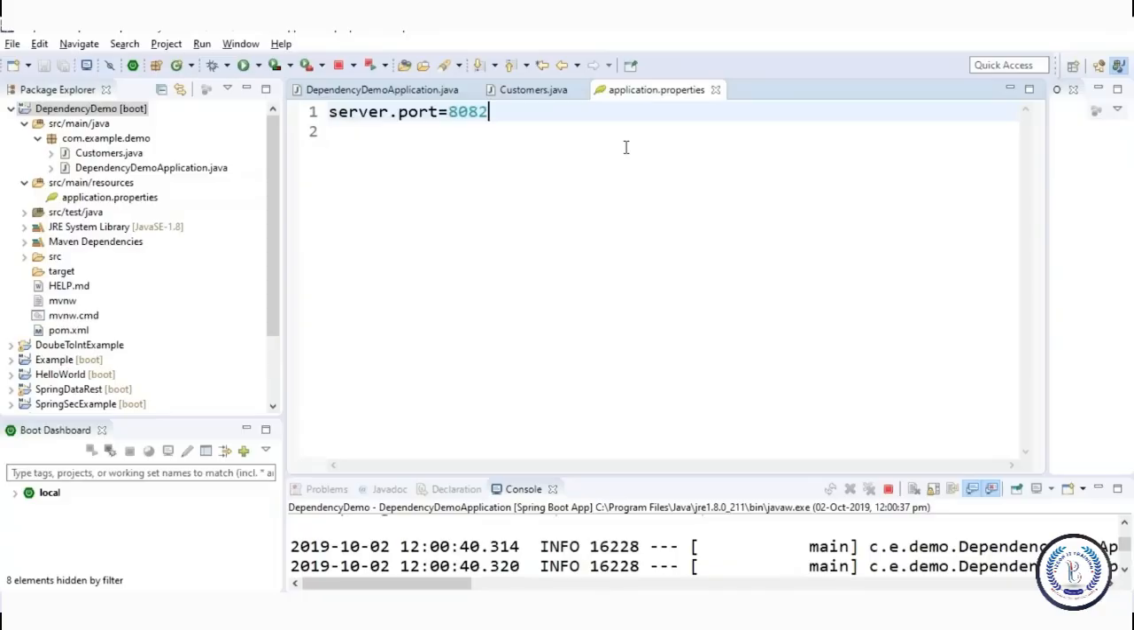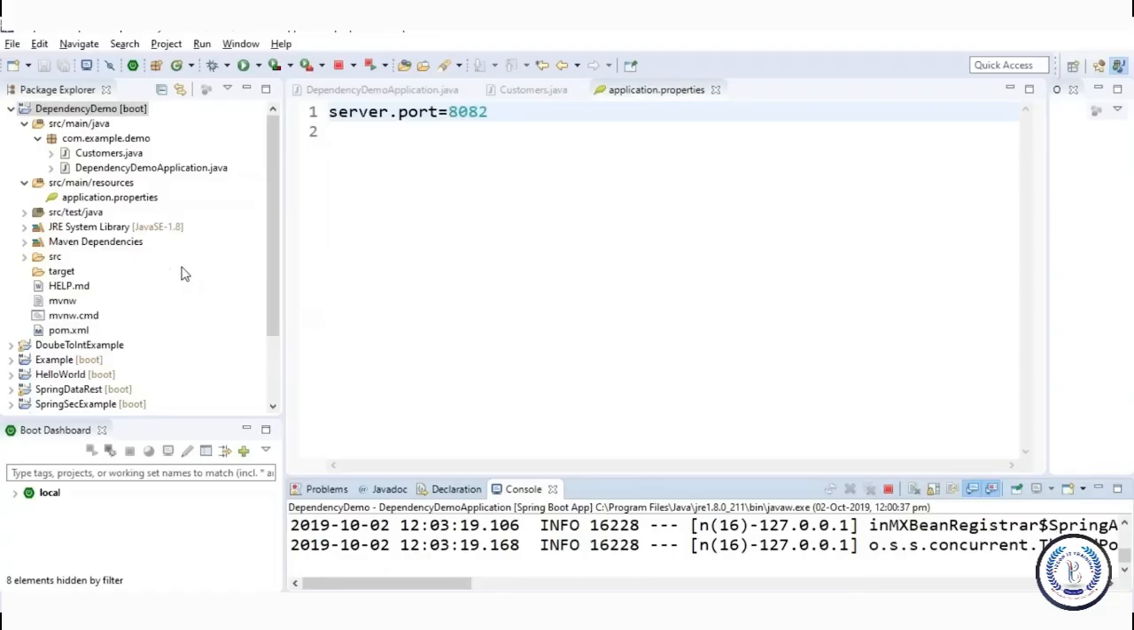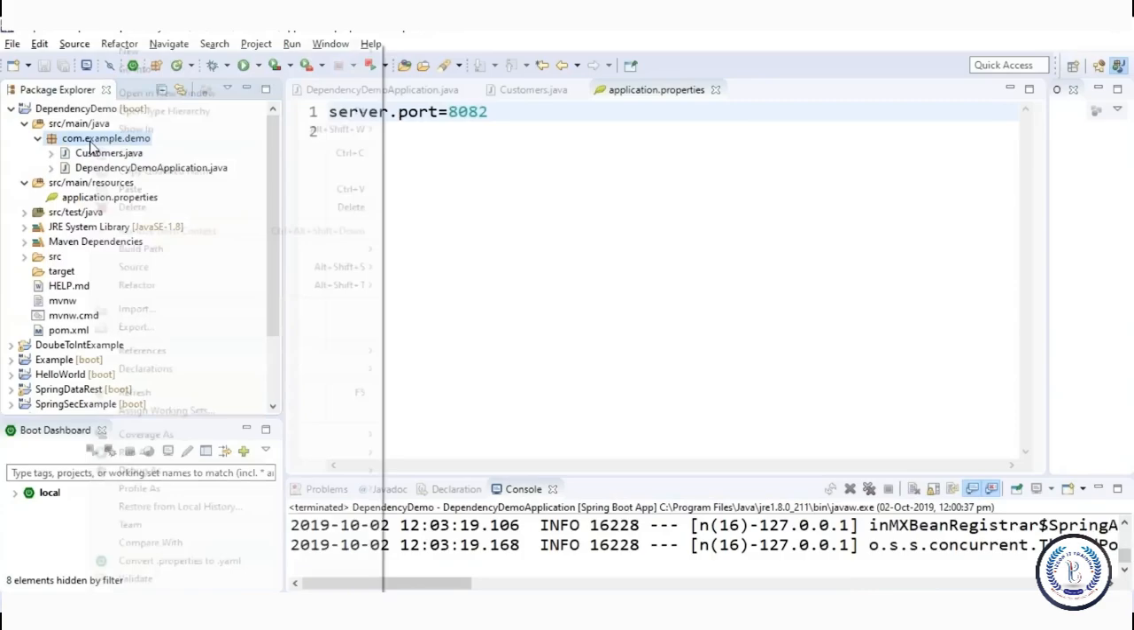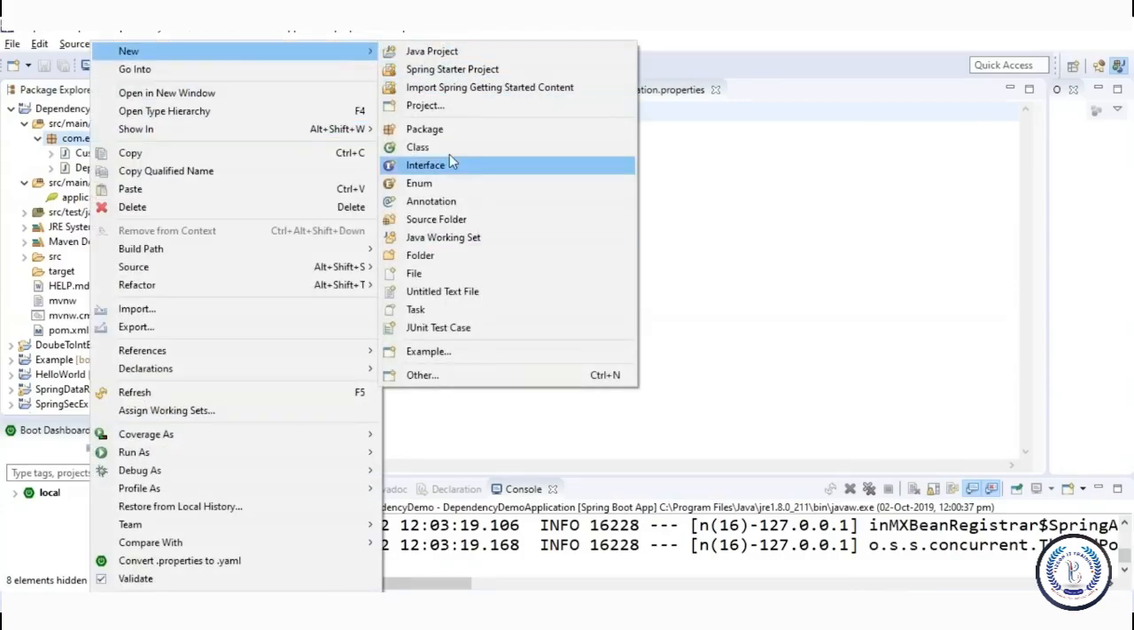So let's see how that happens. To do that, we're going to extend the same project. For that, I'll stop the execution over here, and then I'll create a new class. Again, I'll right click on the package over here, go to new, and then I'll say